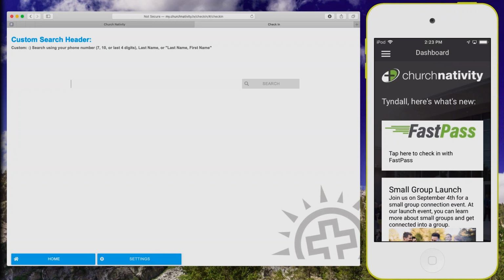huge, not just for kids and making life easier as you try to corral everybody through the door, but also for youth and adults who maybe have felt like checking in is a barrier, and so you haven't been taking attendance at youth or adult events because a teenager is too cool to sit there and type in their phone number, or you're trying to keep things moving as people come into the worship service or a large community group setting and they're adults, and so you feel like, we don't, some of